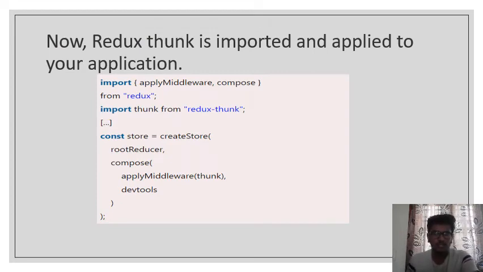So we need to write this for importing the redux thunk and applying it to our application. First we have to import applyMiddleware and compose from redux, and after writing it we have to import